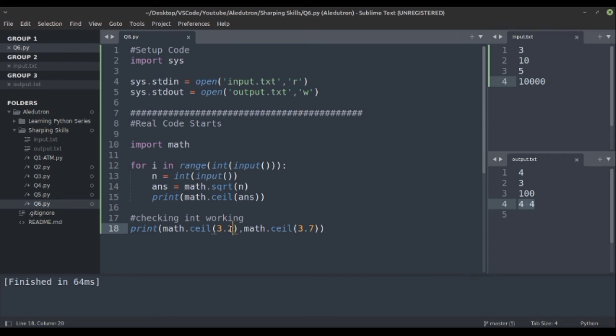So 3.2 also gives us 4, 3.01 will also give us 4. For 3 point any number, we get one number increased, 3 to 4.